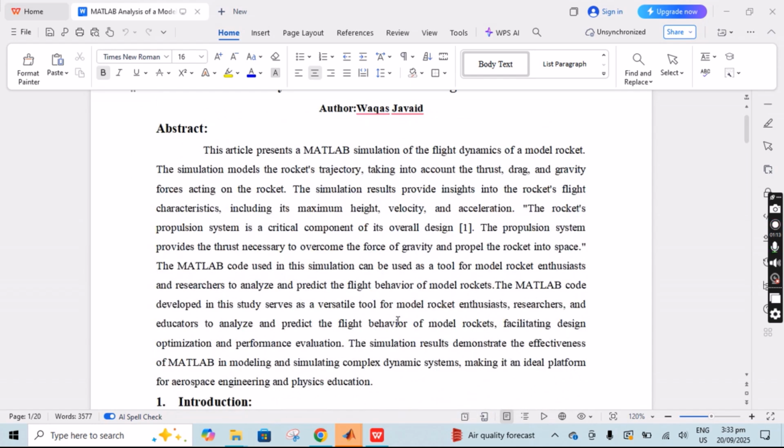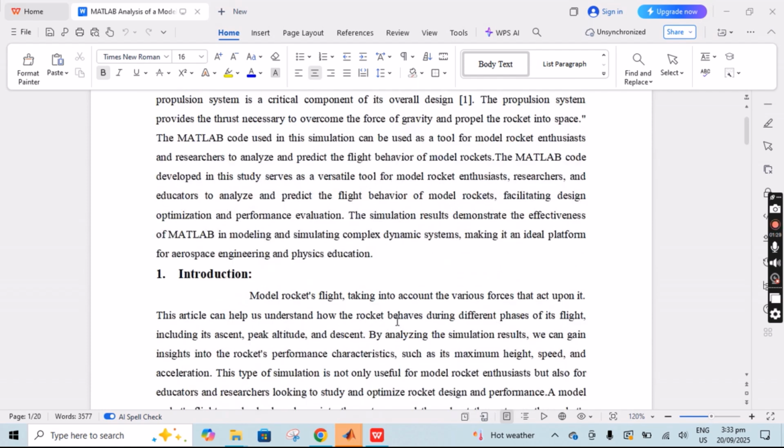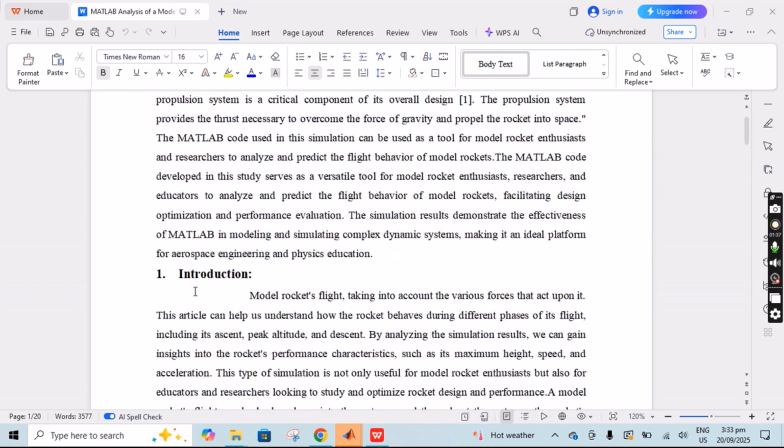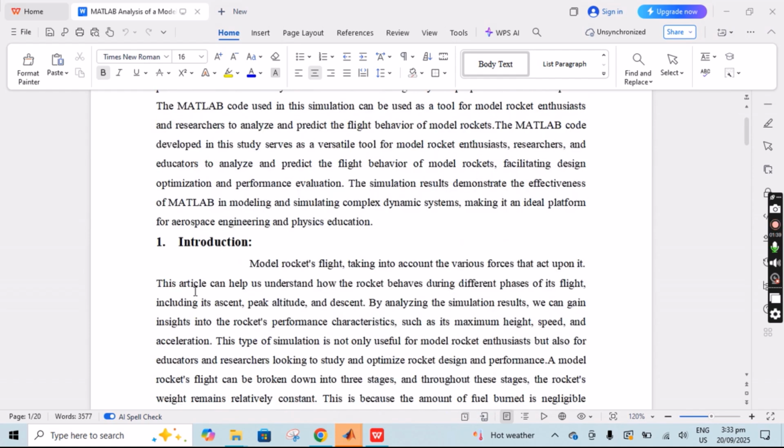So in this complete paper, we predict the flight behavior of model rockets, facilitating the design, optimization, and performance evaluation. Here I have added the abstract of the rocket model with the introduction,